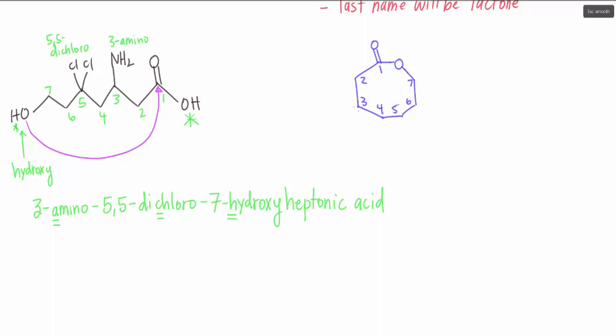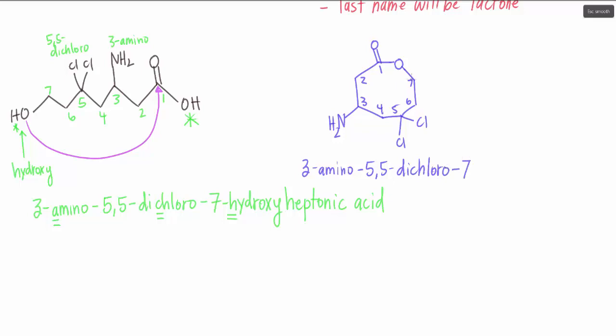Okay, on carbon 3, I'm going to put the NH2. On carbon 5, I'm going to put the 2 Cl groups. Okay, so if I name this, I have 1, 2, 3, 4, 5, 6, 7. This would be again 3-amino, 5,5-dichloro